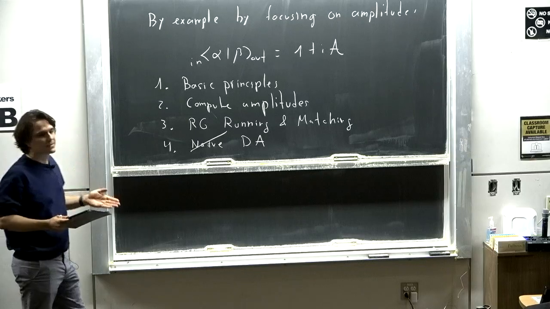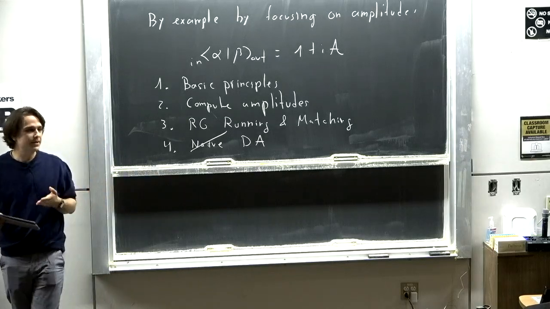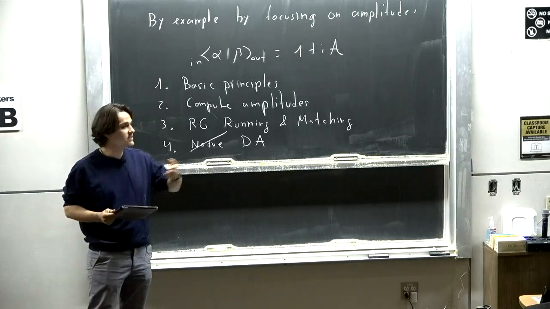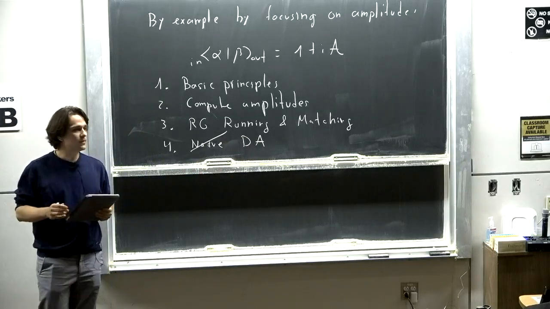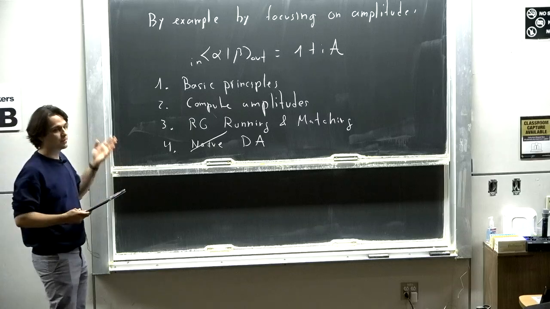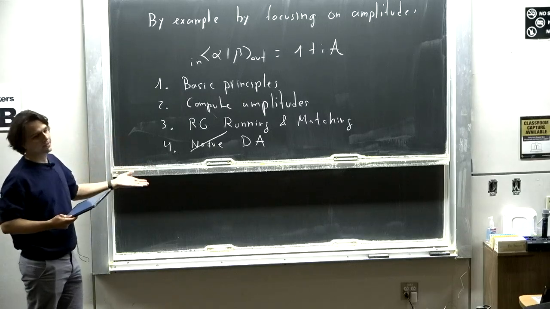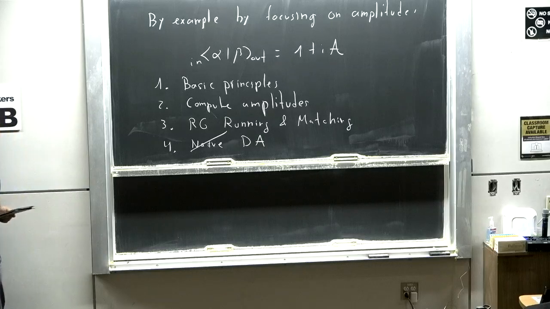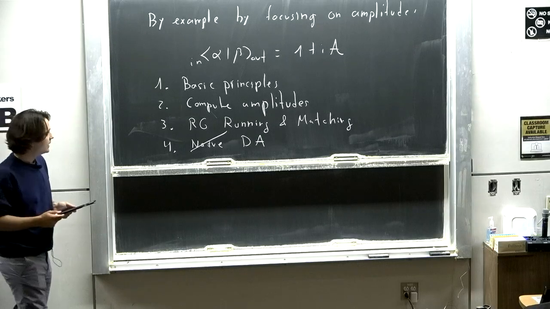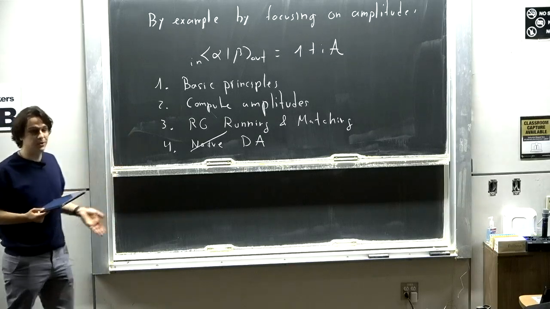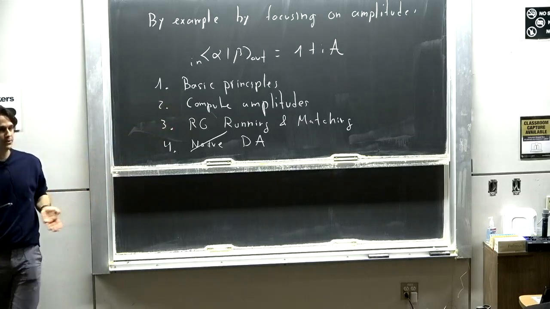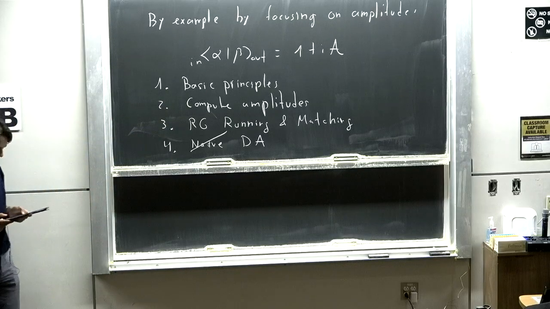And also I can avoid things like field redefinitions, many subtleties that appear when you actually try to compute things with a Lagrangian, where you're trying to classify all possible operators. All of these things can be avoided because scattering amplitudes are both gauge invariant and invariant under field redefinitions. Okay, so field redefinitions is whatever choice of variables I make in the path integral. And also, it's a useful excuse to introduce a bunch of this amplitudes machinery to do computations that then you can just use to do your favorite computations.